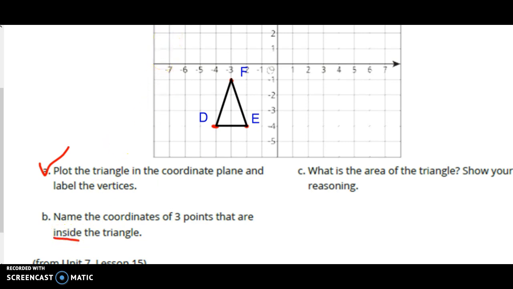Okay, so I know here that I want to start with my x coordinates. So I'm looking for something inside the triangle. There's only 2 that are at nice, neat intersections here. So I'm actually going to use one of those and then a decimal. So I'm going to start with my -3, because see how they're all on the same x line, -3. I'm going to start at -3, and then one is at a point